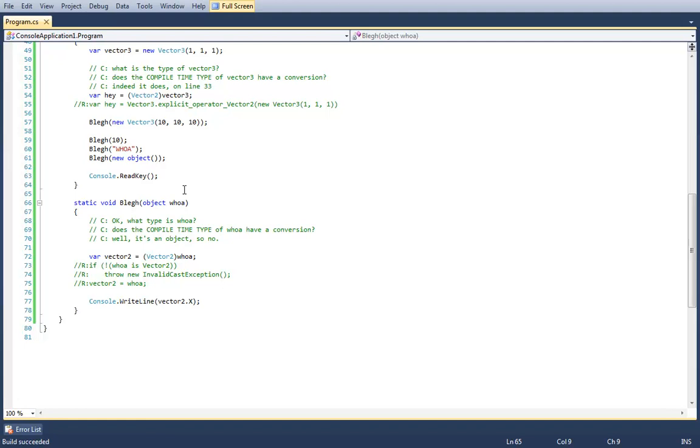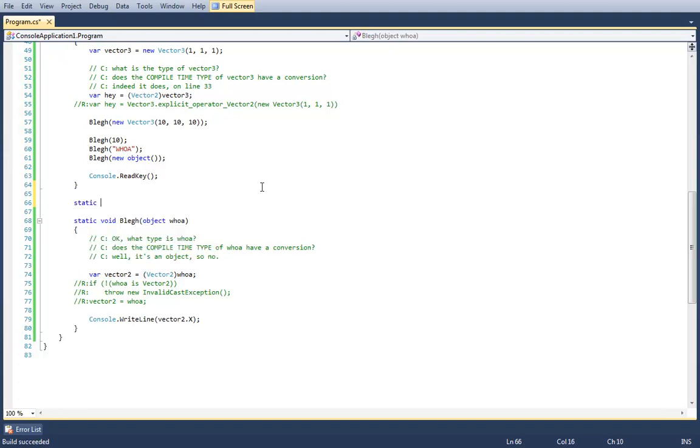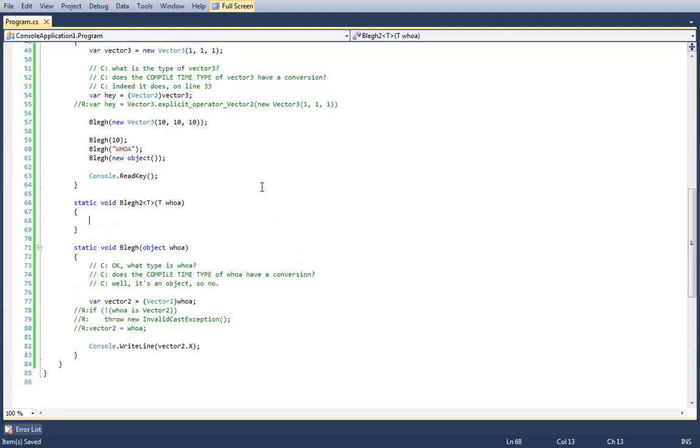Yeah, and with generics, though, you are constrained on doing things, like we saw before. This code is bad because we have introduced compilable code that could easily and most likely will throw an exception on line 72. Using generics, we wouldn't be allowed to do this. I can't do a bleg2 and a blet2 and use a generic parameter and cast it to a vector2. There's no way for me to do this. It's impossible.